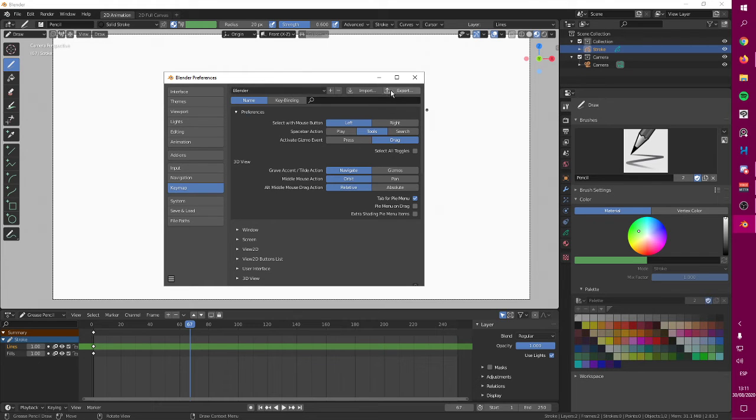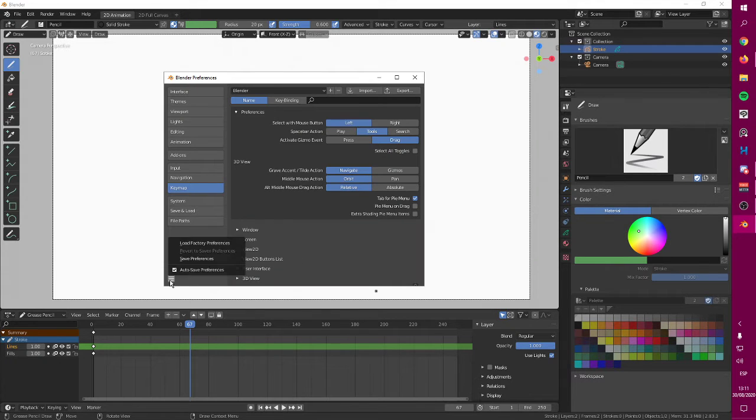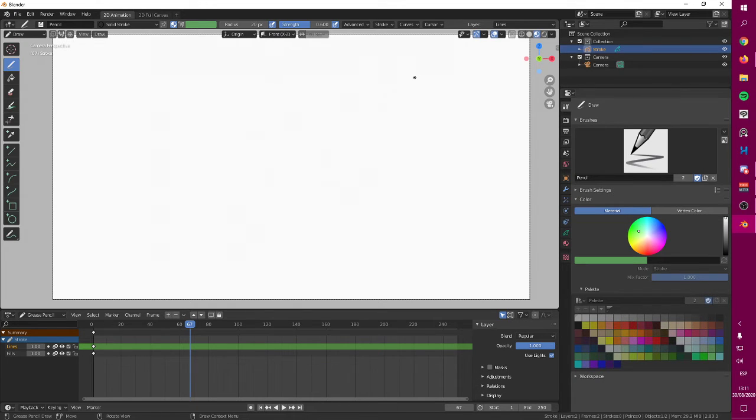But for me, I'm going to save my keys and restore them back to factory preferences, just to show you the way they normally work. So right now we have this, and yes, this changes a lot of things. So what I want to do right away is to find a way to move my canvas, okay?